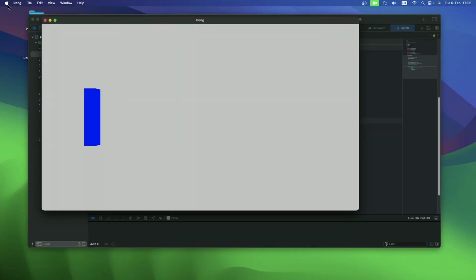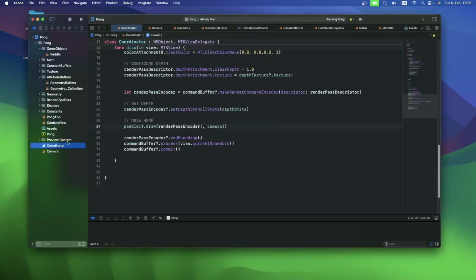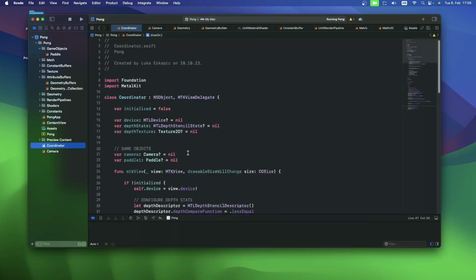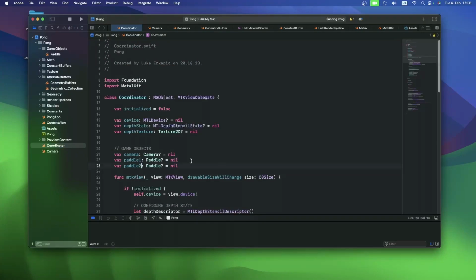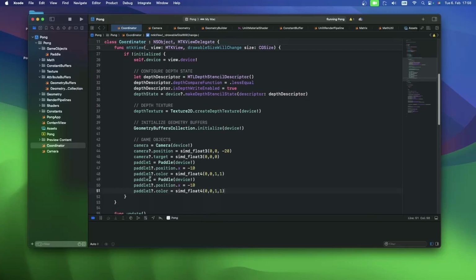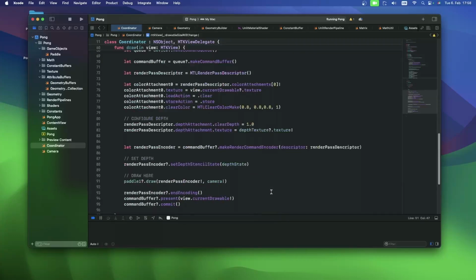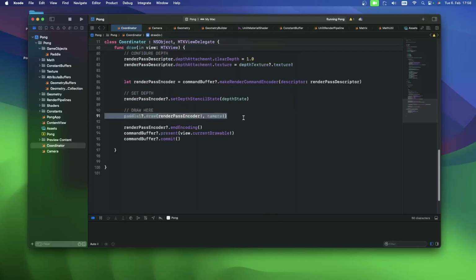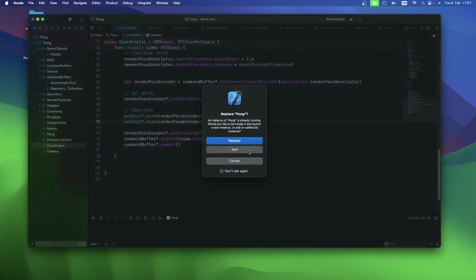So let's do here a red one. We can just call it pedal 2, I guess. Can copy paste this. Shameless copy paste, say pedal 2. We're going to change it to 10 instead of minus 10, and here we can make the red one. And then here we just need to draw it. If I run it now,